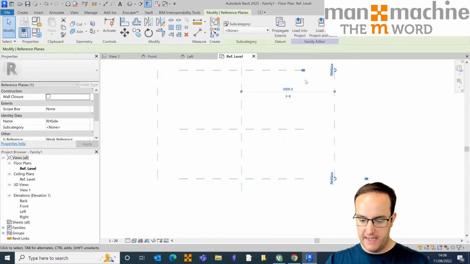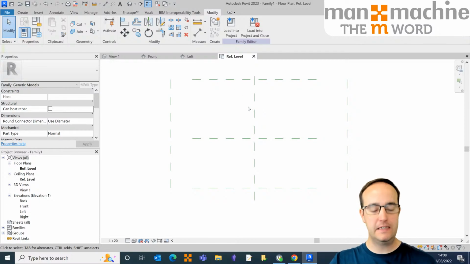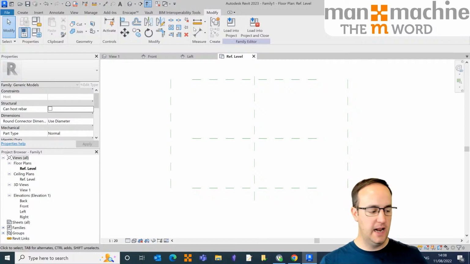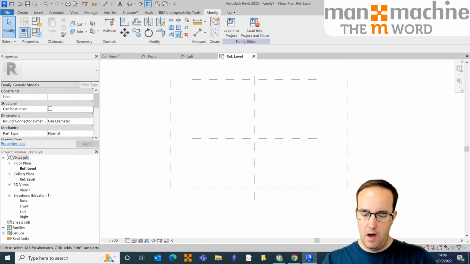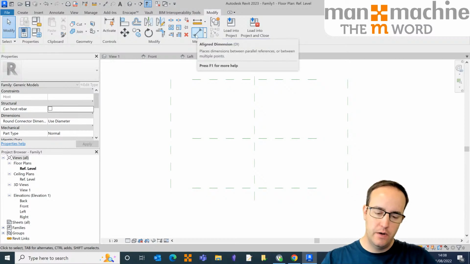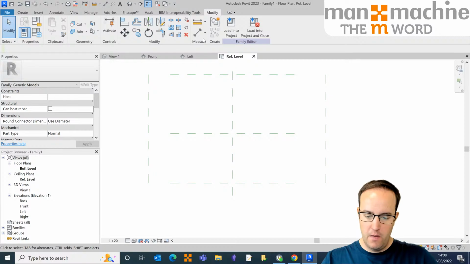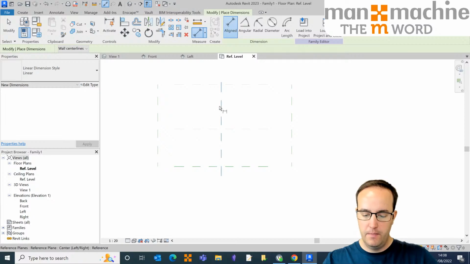And then with those components there, I've now got some skeletal planes that I can work with. And again, before I start drawing any geometry, a little bit different to how I would usually model things in a CAD application, I'm going to place some dimensions onto these skeletal frames. So I'm going to use my dimension tool or press D on the keyboard, and I'm going to create some